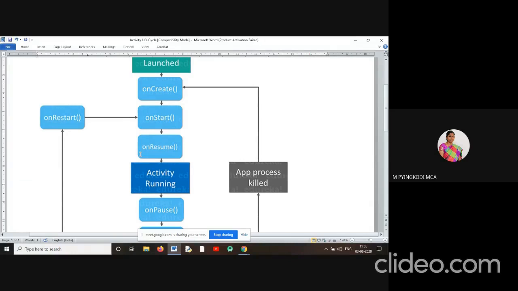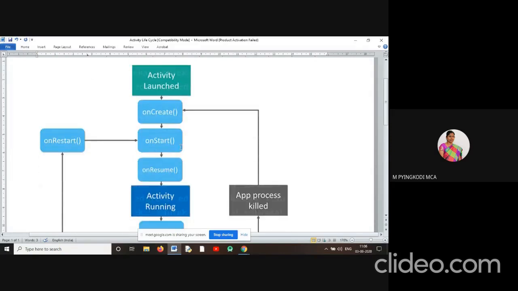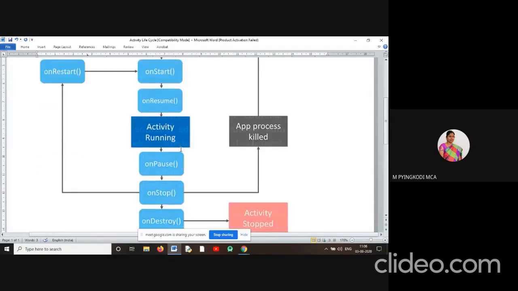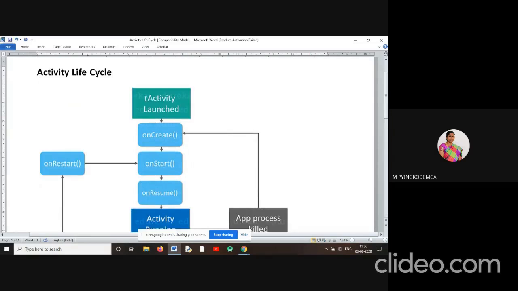While the user is opening an activity, these 7 methods are called. After starting an Android activity, the activity is launched.